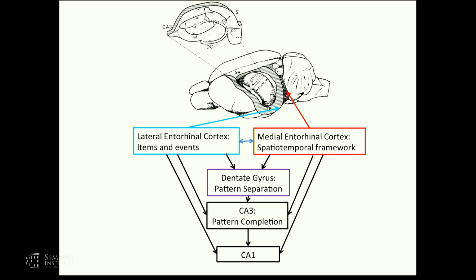So how does that work? Well, here's a very, very simplified view of some anatomy that suggests that there are two different anatomical frameworks that come together into the hippocampus. They're interconnected with each other, but one framework coming to the medial entorhinal cortex, we think, provides this spatial temporal framework, and another pathway coming to the lateral entorhinal cortex, the hypothesis goes, is what carries the representations of the items and events of experience. I'll bring this here now because this is all background. I'm not going to talk about any of this in this talk,